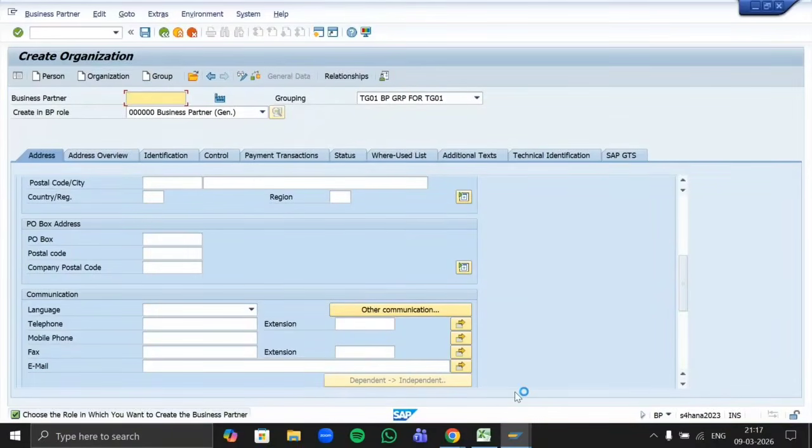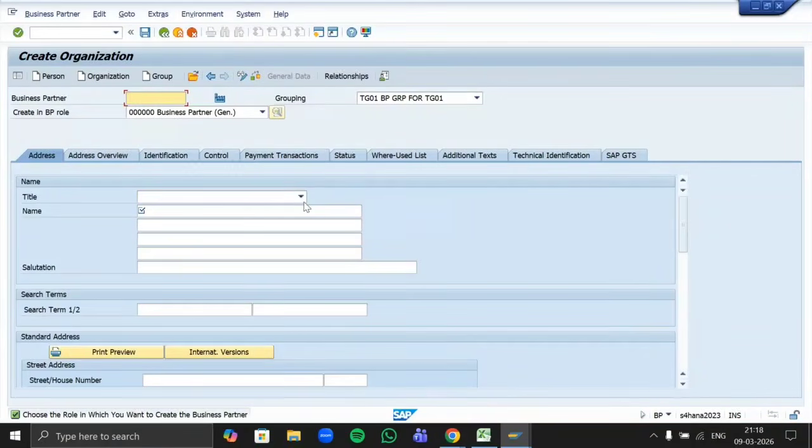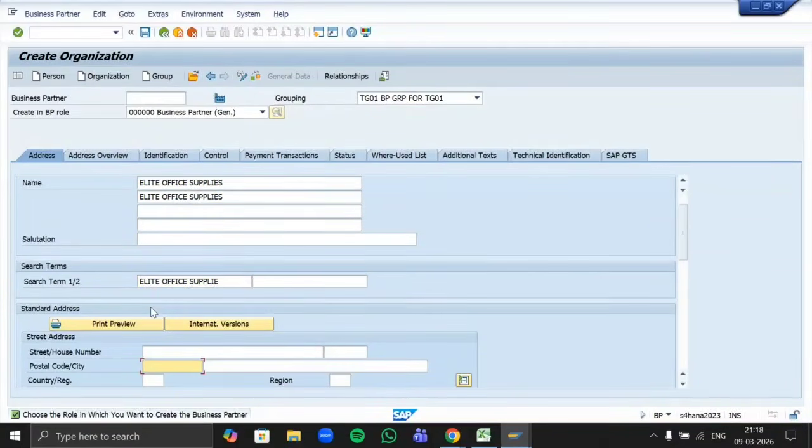Then let's mention our title as a company, name as Elite Office Supplies. Copy with the search term as well. Mention any random street address.